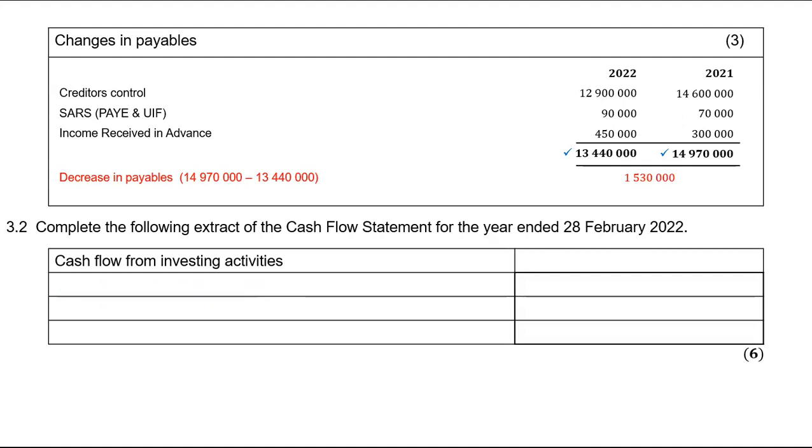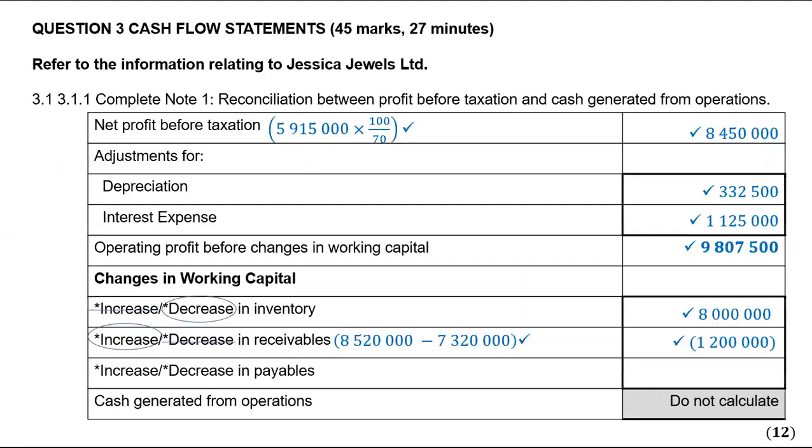1,530,000. That 1,530,000, I'm going to put it on the face of the cash flow statement, and that will be a decrease. That's why I'm going to circle the decrease. A decrease in payables. Well, it's good, but for now it's not good, as it means that we paid and the payment amounted to